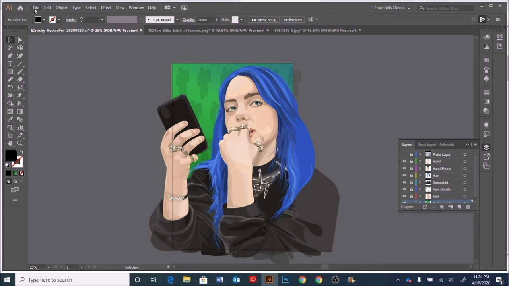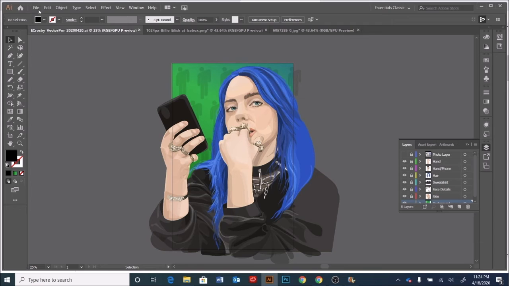So I am done. I'm going to go ahead and save this one last time. You can never save it enough. And you'll notice it's in an Illustrator format. So if I want to be able to share this with you guys without having any problems, and I want normal people who maybe don't have Illustrator on their computers to be able to open this